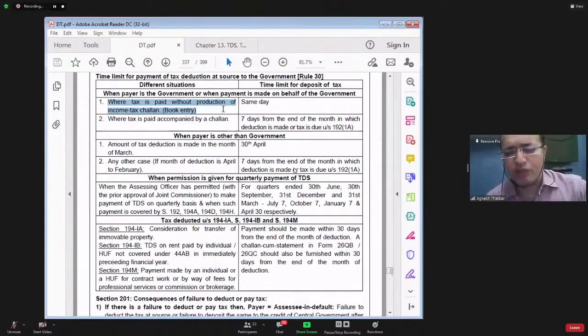In that one point was book entry. Book entry means creditors account debit to debtors account. This entry is passed. Creditors account debit to debtors account, such entry is passed. That is called a book entry. Similarly here, Ministry of Education,